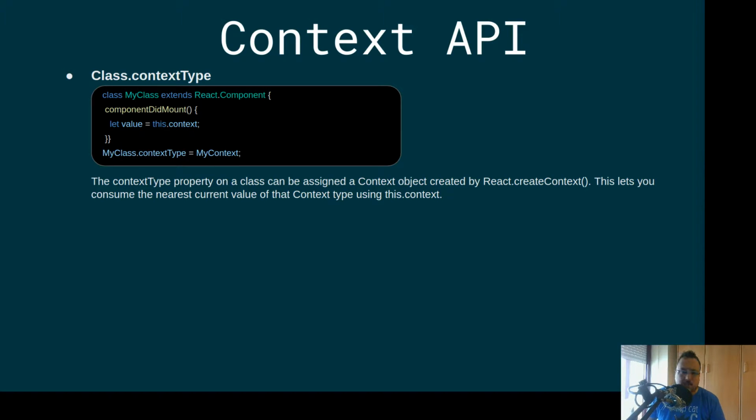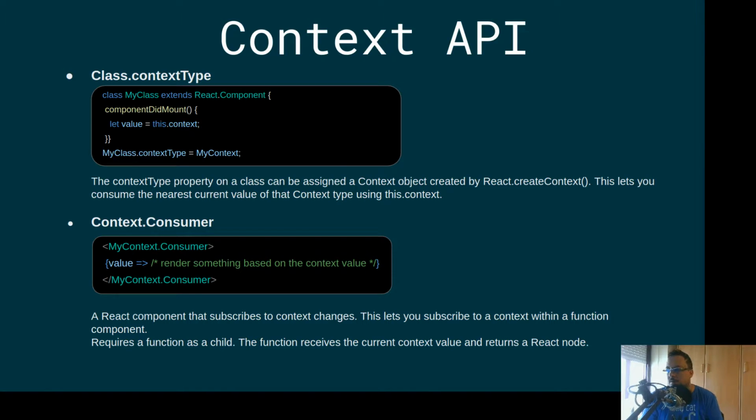But the important thing here is the context.Consumer. As you see, we have createContext for creating the context. After that, through that context object, we have the Context.Provider and the Context.Consumer. In this case, it's my context, the instantiation of the context. We have the provider that's the parent with the value inside, and the context consumer requires a function as a child. That is the thing that is inside the value. I think it's missing the parentheses for being a function,